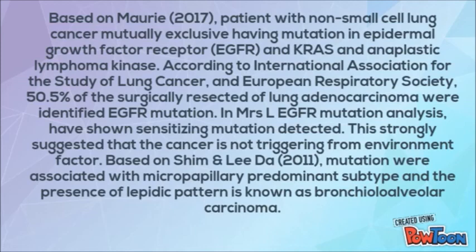50.5% of the surgically resected lung adenocarcinomas were identified with EGFR mutation, and Mrs. L's EGFR mutation analysis has shown a sensitizing mutation detected. This strongly suggests that the cancer is not triggered by environmental factors. Based on Shim and Lee 2011, mutations were associated with the micropapillary predominant subtype, and the presence of a lepidic pattern is known as